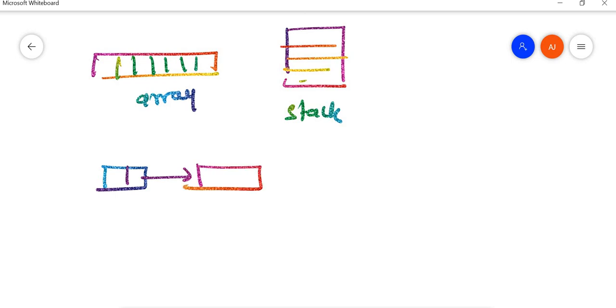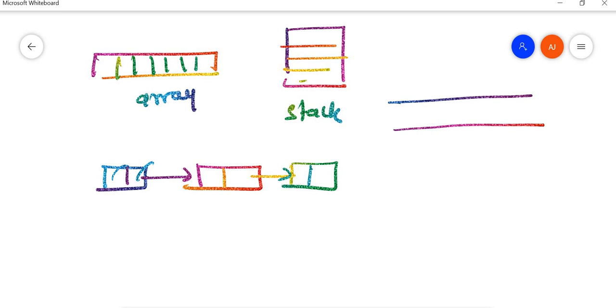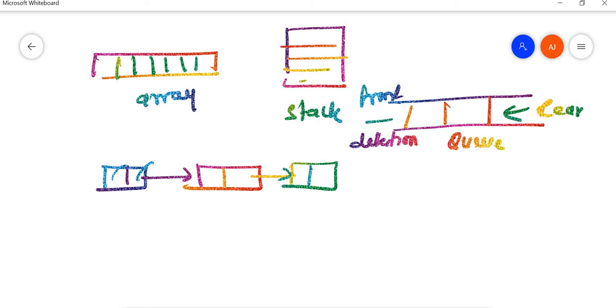One element will be linked to another element. Here this is data and this is the address. We'll be discussing it later. Similarly, if queue is there, it is like this. One end is called rear end, from here the insertion takes place, and this is called the front end, from here the deletion takes place. So this is our queue. This is our linked list.